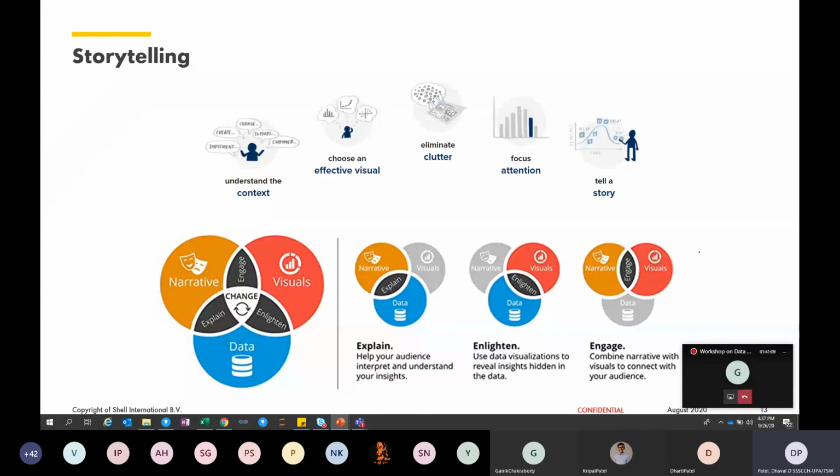Okay. So we are into storytelling now. We have seen what steps we need to take in order to solve a business problem, and we also saw that data visualization is a very crucial step in that process. Now we are into storytelling. Storytelling, what does it entail? It simply means that